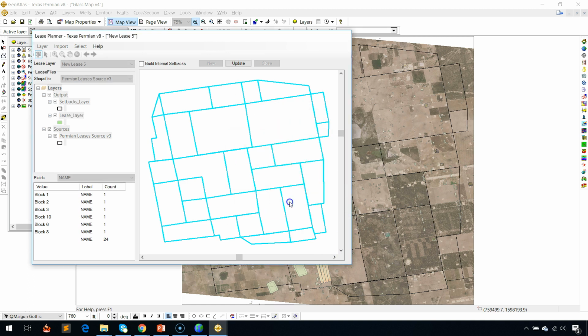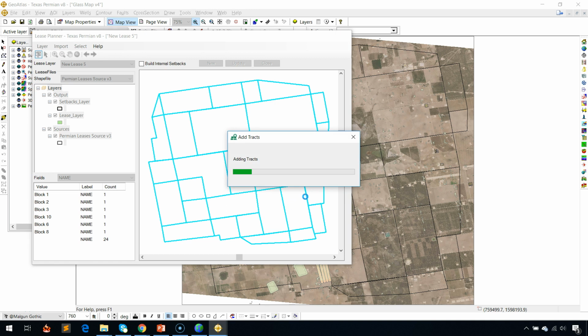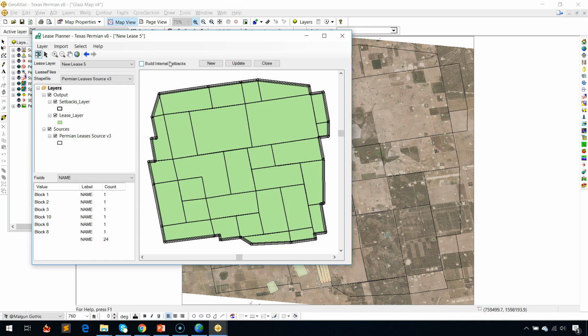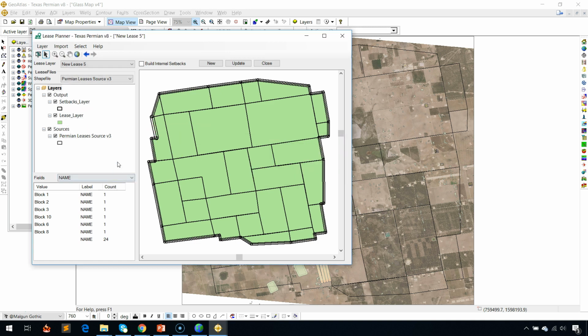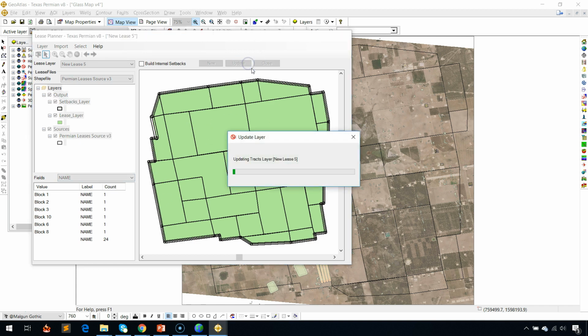all around. Now, if you wanted internal tracts, you can always click this button right here, and it'll build internal setbacks. This is good. I wanted to show you that you can very well select any of these setbacks. Even the ones in the middle you can select, and you can change their values. Modify setback, you can say 400 feet, and as you can see, it modifies it, so that is very customizable. Click Update,